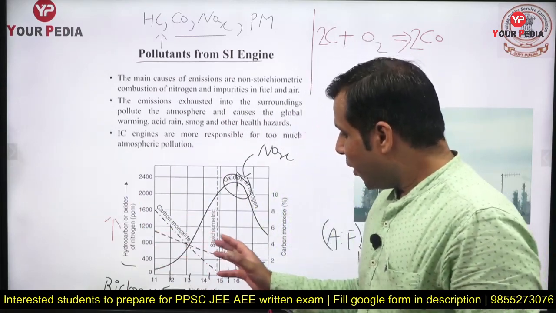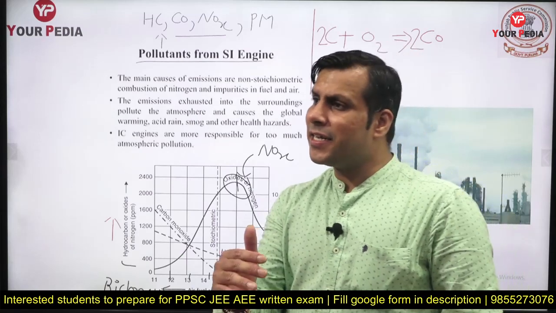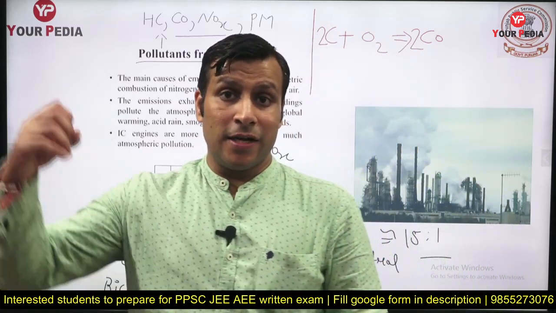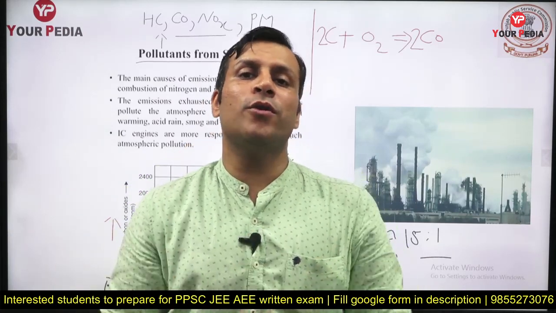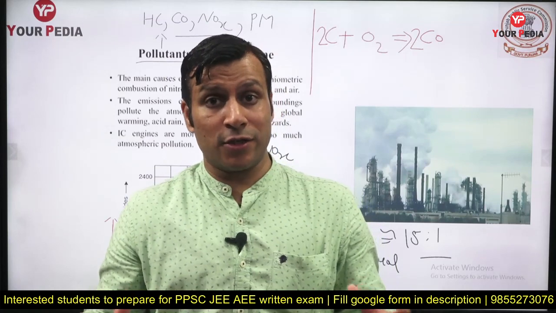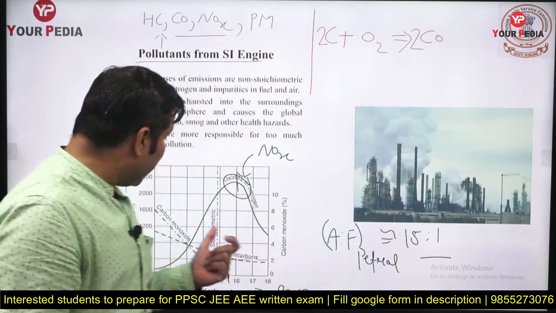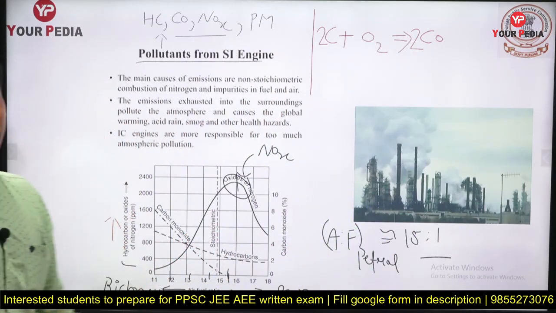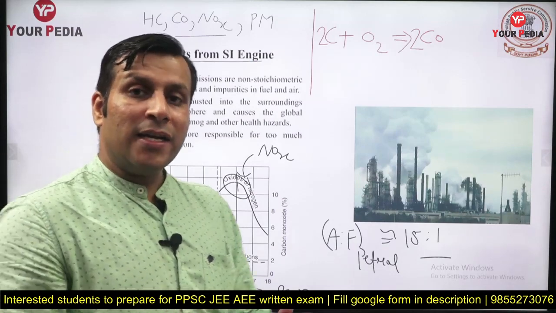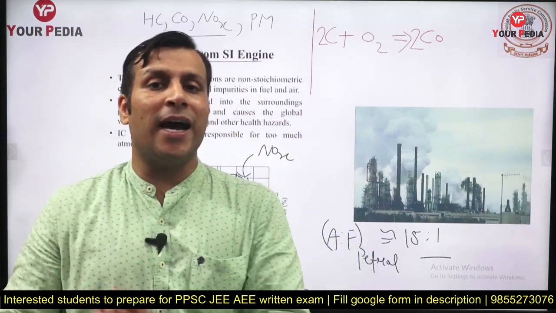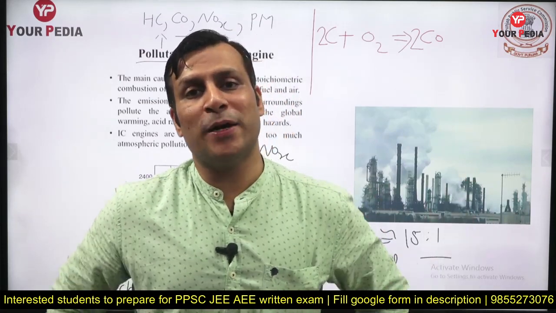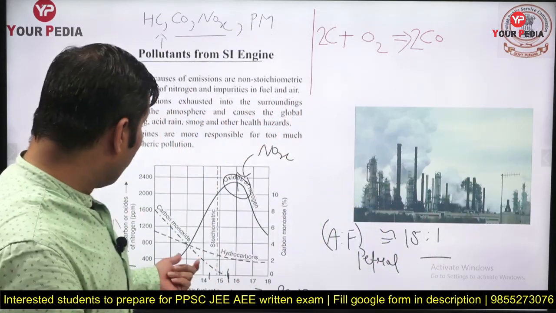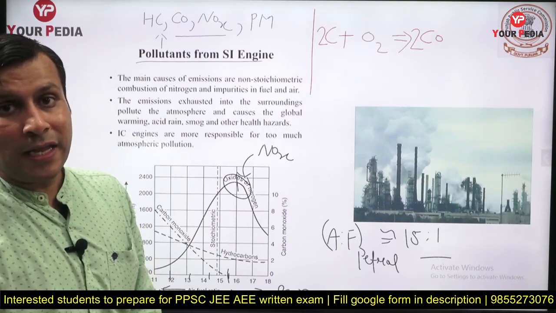In the diesel engine, we always supply excess air, and only the suction of air takes place. The injection of fuel we carry out at the end of the compression stroke. So when only suction of air is taking place, a huge amount of air is able to enter the combustion cylinder during the suction stroke. So in the diesel engine, we are supplying a sufficient amount of air, and due to that the carbon monoxide and hydrocarbon emission will be lesser in the diesel engine as compared to the petrol engine. In the petrol engine, the hydrocarbon and carbon monoxide emission will be higher.